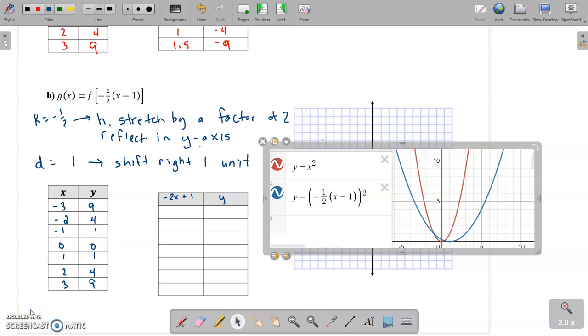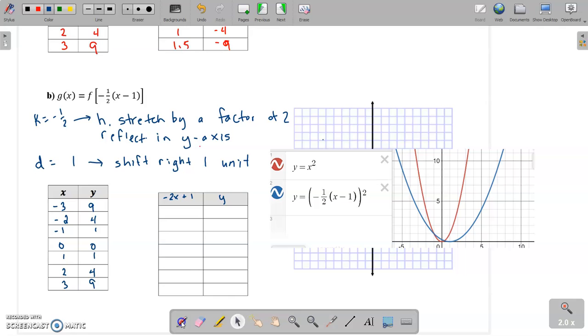So hopefully you graphed the other relation or function. And if you look here at this next transformed function, and again, this is the parent function, y equals x squared, or f of x equals x squared. And when we transform it,